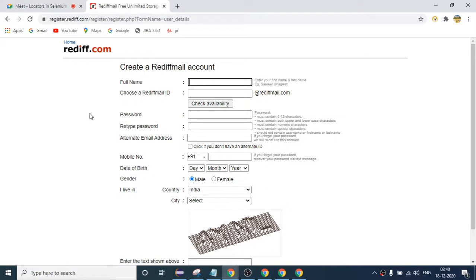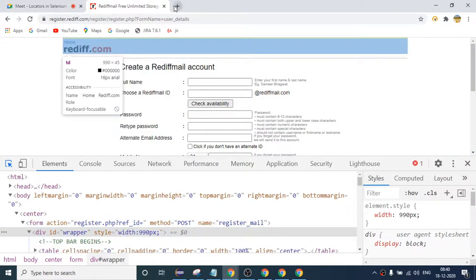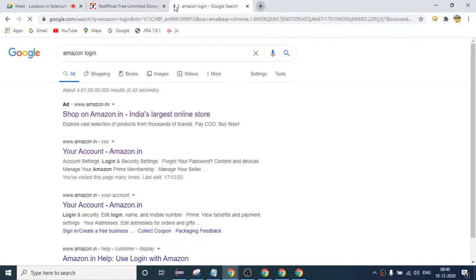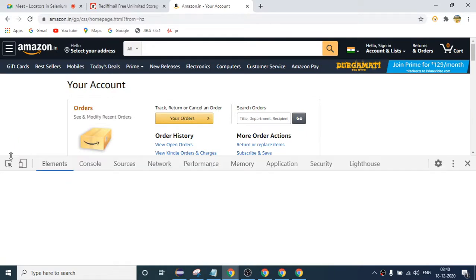See, you will always find contains, always find starts with. Why will you not find it? Take the Amazon website. We use contains when our element's HTML is changing dynamically. You can find contains for any case. It will match.